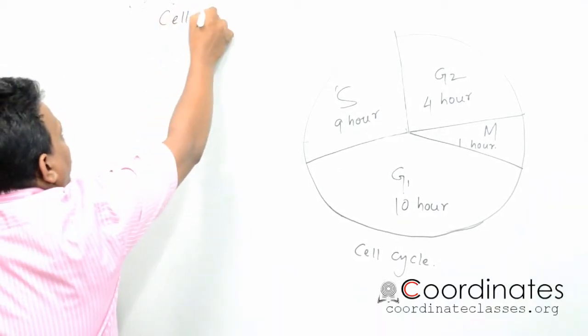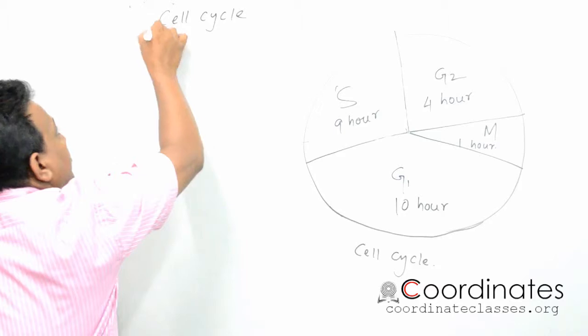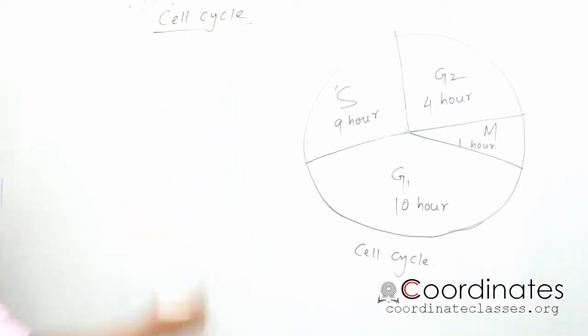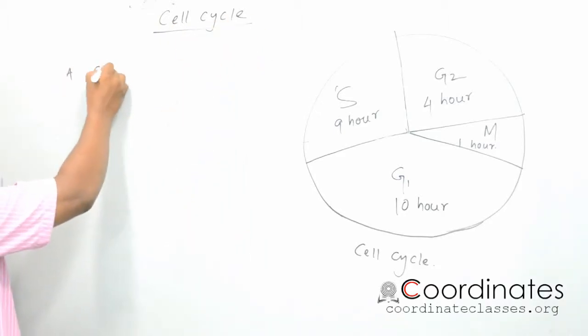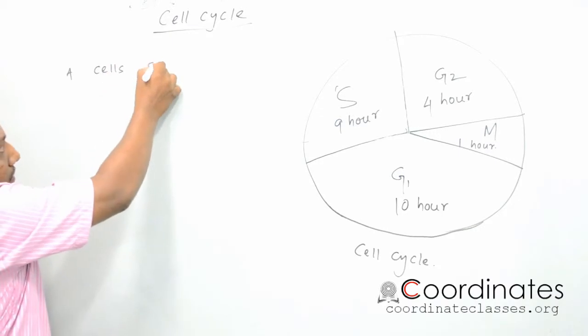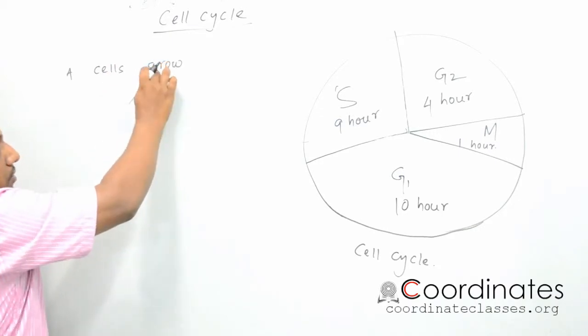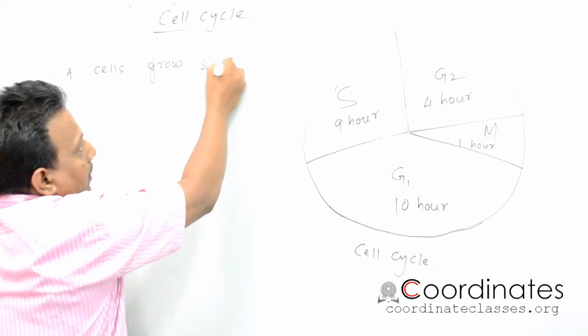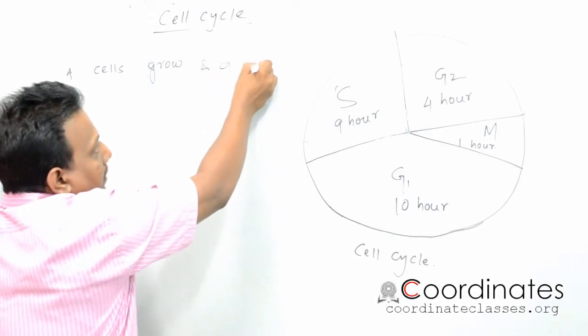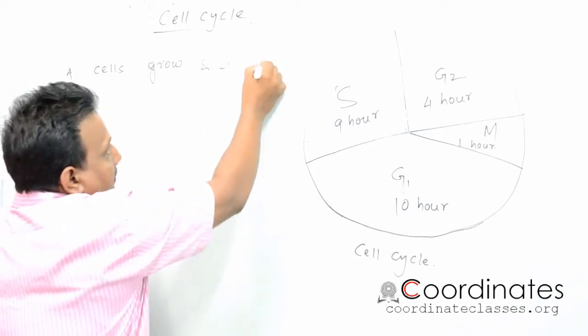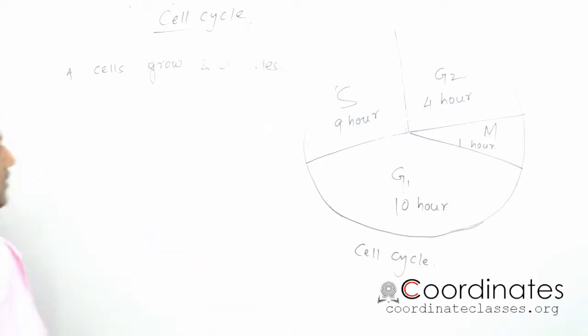Cell cycle. What do you mean by cell cycle? A cell grows and divides. Before division, a cell undergoes the following changes. What are the changes? The first change is in the shape of the cell,